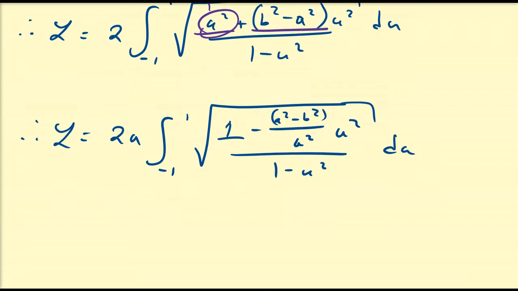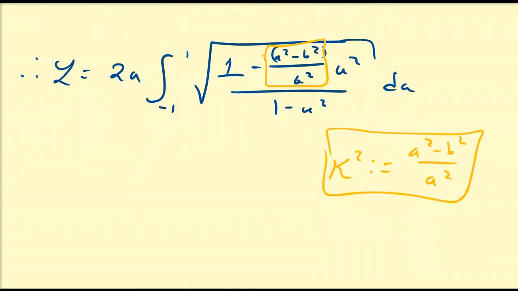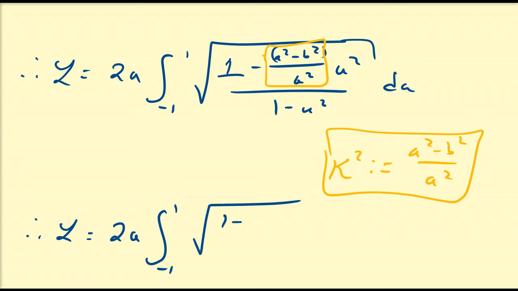Alright, so now I'm going to just perform a little substitution because this is just a constant. So I'm going to define k squared to be equal to (a squared minus b squared) all over a squared. Therefore, we have L is equal to 2 times a times the integral from minus 1 to 1 of the square root of (1 minus k squared u squared) all over (1 minus u squared)